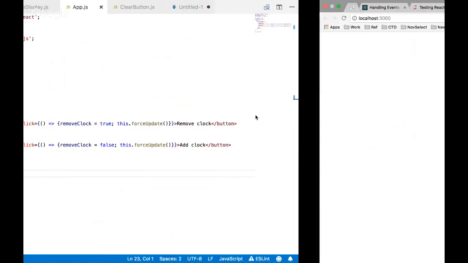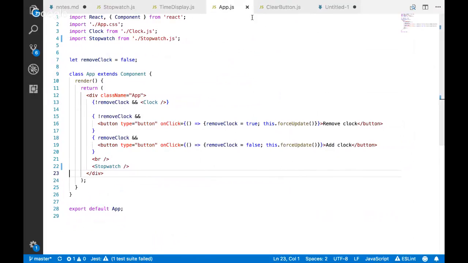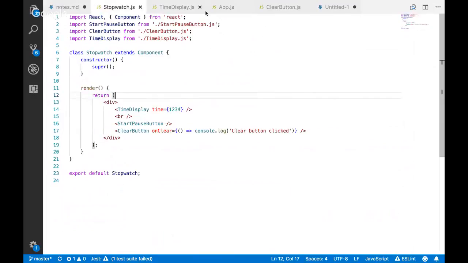So now we've created a stopwatch component. That's great. We pulled stuff out into it. But what was the point of doing this? The point was we wanted a common place to manage some of this state, some of these things that are shared between all these different components. So now we have to start thinking, okay,